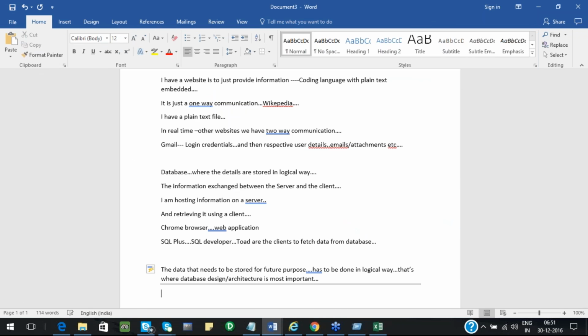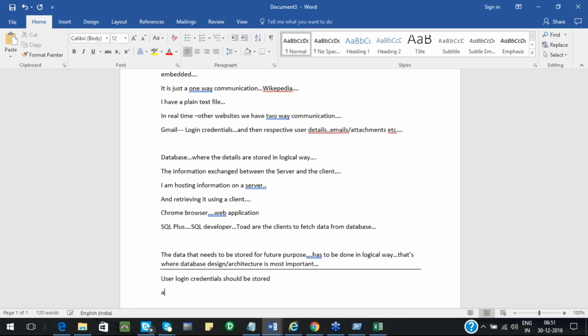The requirement is: user login credentials should be stored, and also whenever the user logs into the website, the MAC information, the IP from which he or she has logged into the website, and the duration the user has logged in.